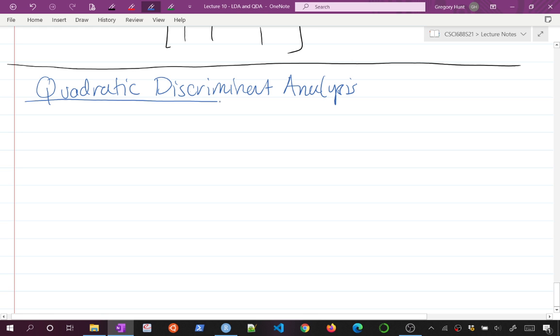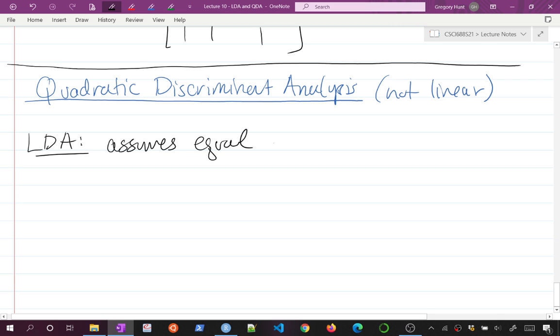And this is not a linear classifier, and the name signifies that because it is quadratic, but it is highly related to linear discriminant analysis, and so it's worth talking about here. Let's talk about it. So if we go back to our simple two-variable case, LDA kind of assumes